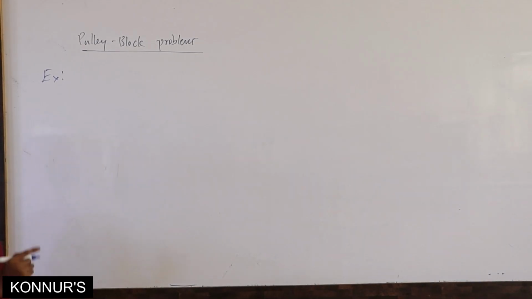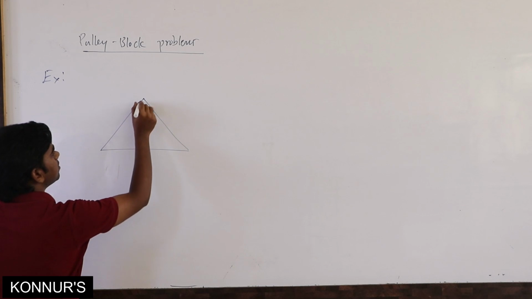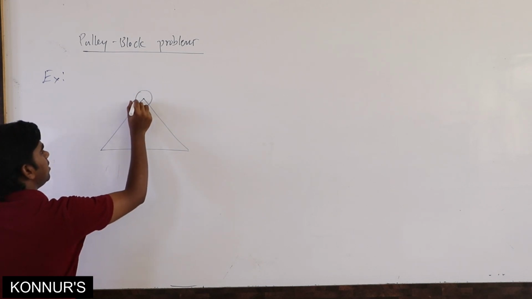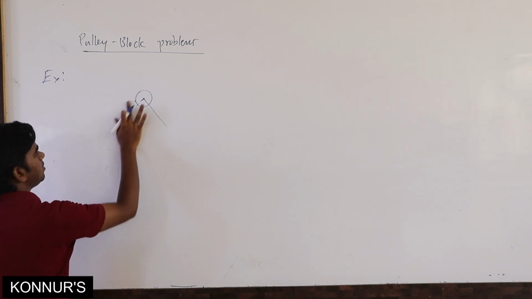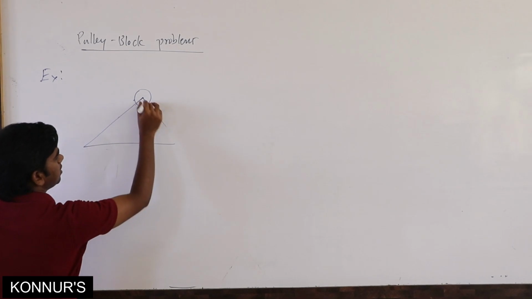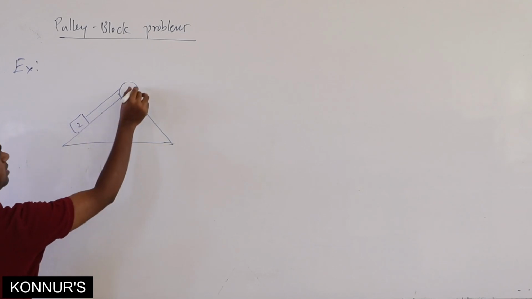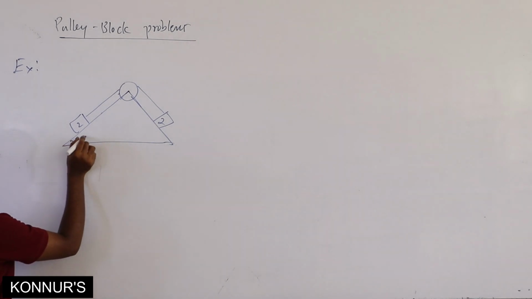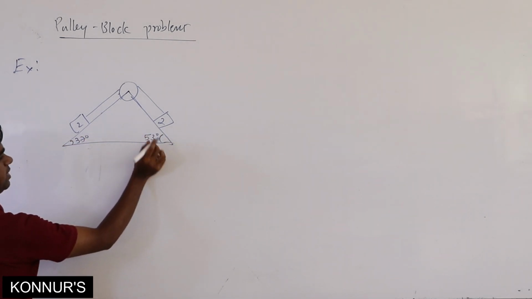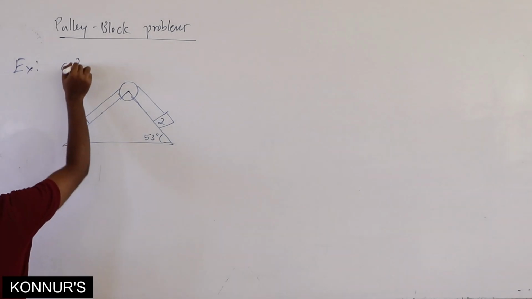Okay. If we take another example of an inclined surface, in most books you can see this one. If the pulley is connected here and a body is connected on this side, it is having some less angle, you can take it like this. Okay, this is the actual diagram. So here a mass of 2 is connected, on this side also a mass of 2 is connected, but the angles are different. Here it is 37 degrees, here it is 53 degrees. If that is the case, what will be the tension or acceleration?